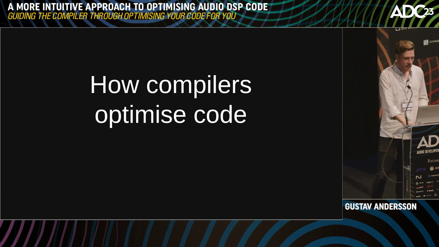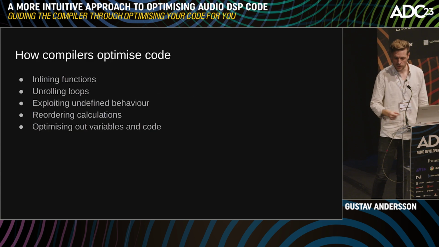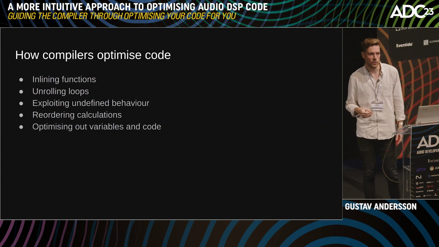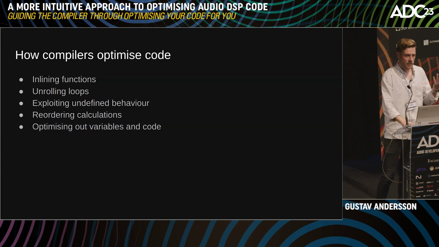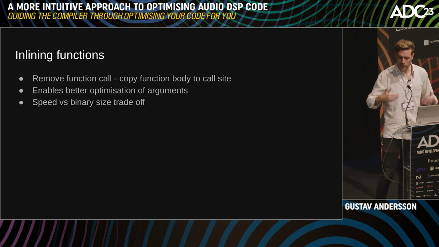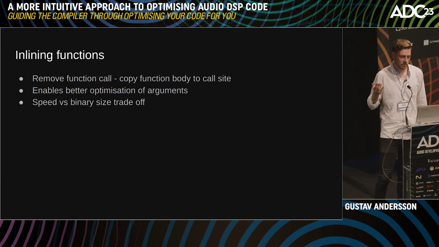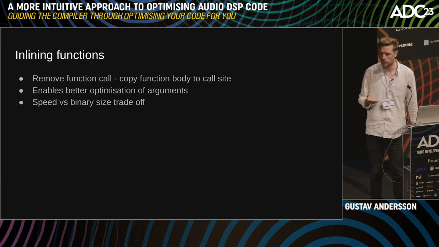So a little bit on what compilers do. They do a lot. But essentially, it's about collapsing those abstractions, breaking it down to the most efficient representation of the data. The abstractions are good for us, but we can remove them when compiling. So a crucial thing they do is inline. I don't think I need to explain what inlining is, but I want to mention that